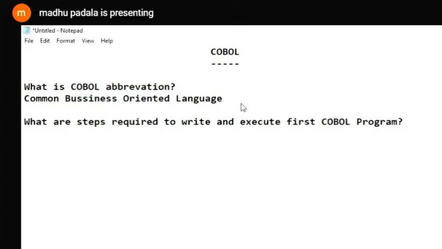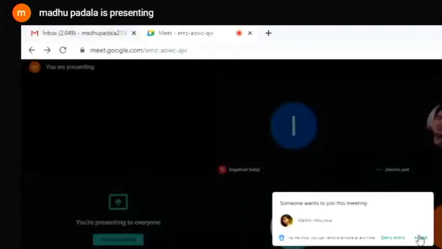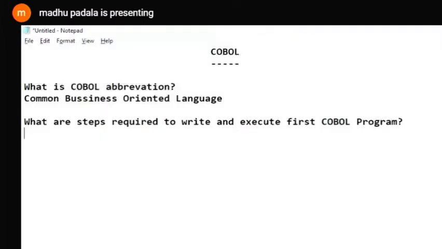If you want to write a program, you should have a PDS, a source PDS, correct? Step 1: create source and load libraries.